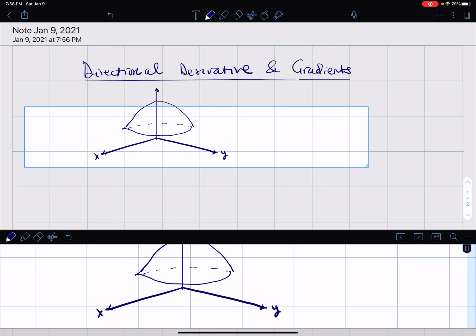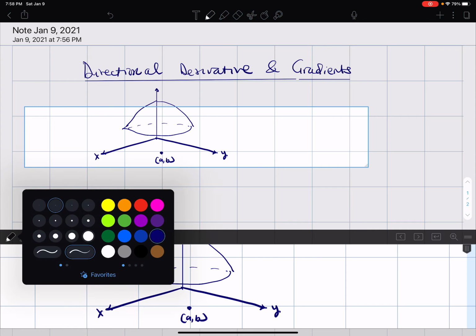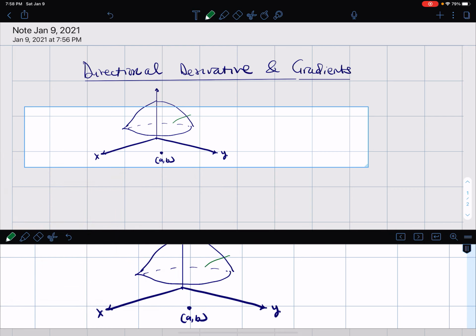So that means you're looking for the derivative at a point, say AB, but that derivative is in the direction of the x-axis. So you'll be looking at the tangent line along this direction,